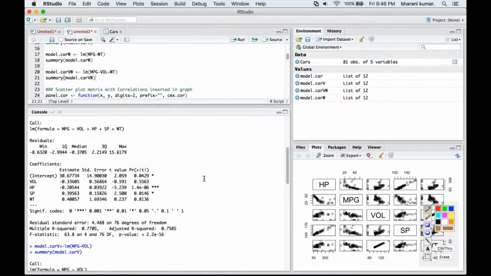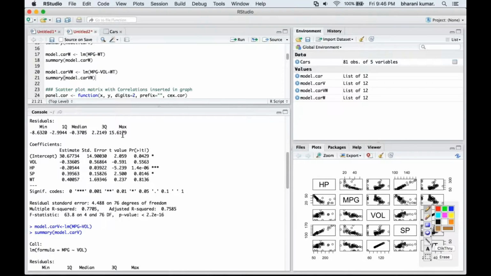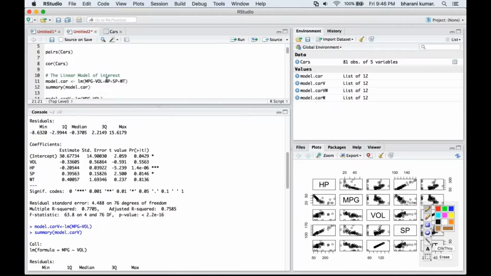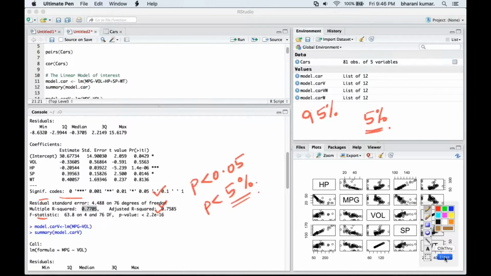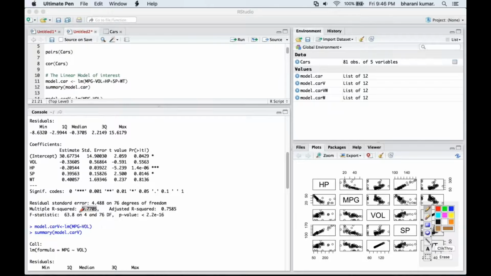Okay, so what to do with that, I'll discuss in just a moment from now. But when we build this model using all these inputs, we also have to look into the R-squared value, right? And here the R-squared value happens to be 0.77, which is very good by all standards. Even if the R-squared value is 0.4, in the real world, even if you see an R-squared value of 44% or 0.44, you'll jump with joy. Here the 77% or 0.77 means